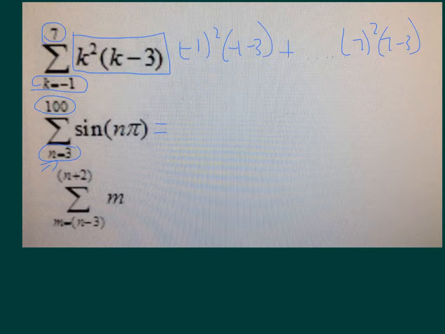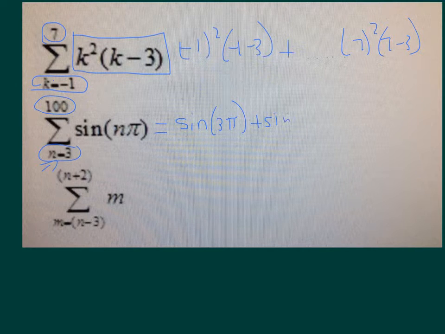And so that means that we've got a whole bunch of different values between 3 and 100. We're going to have 97 values to sub in. So generally, they wouldn't ask you to do 97 different calculations and then add them together. There's probably some kind of a pattern or trick that we're going to notice as we get started. So we would start by writing the sine of 3 pi